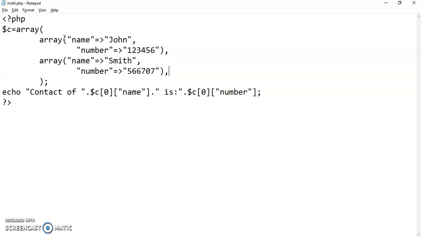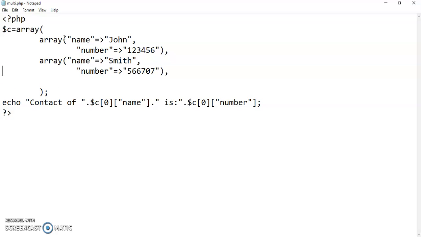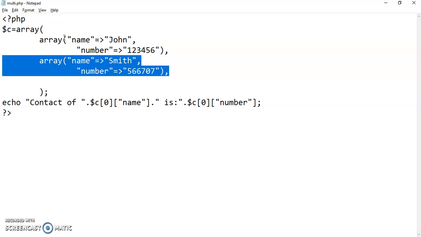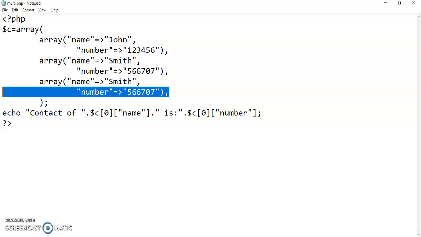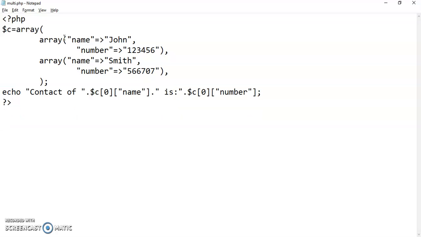If you want to add a third array, you just have to put a comma and repeat the above step again. So this is how you can keep creating as many rows as you want in your array's tabular structure. So that was the creation of a multidimensional array. Do not forget to add a semicolon after closing this array, because otherwise you will not get the required output. It will show you an error on the screen.